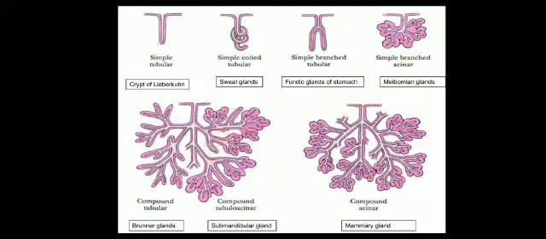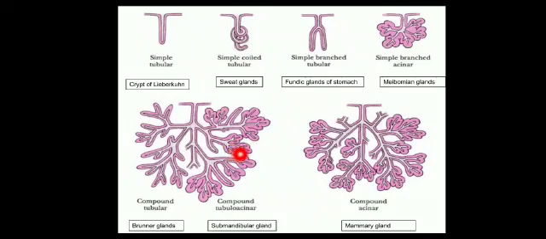Now here in this diagram, these are the compound glands. Here you can see what type this is. You can see excessive branches, so you can say this is a compound gland. And when you see the shape of the secretory part, it is tubular, so it is compound tubular. In this case it is compound, and the shape of the secretory part is tubulo-acinar